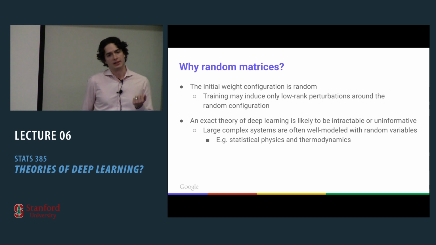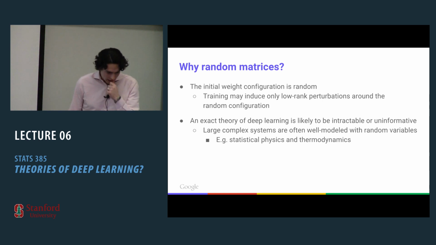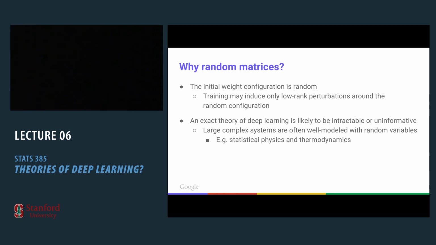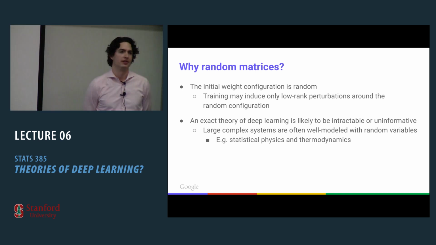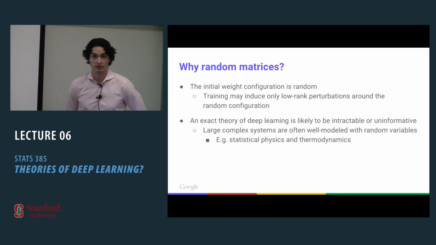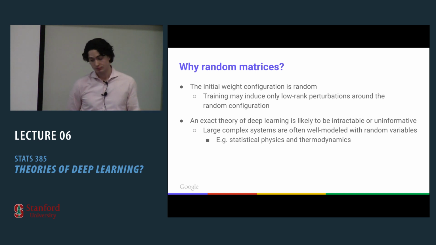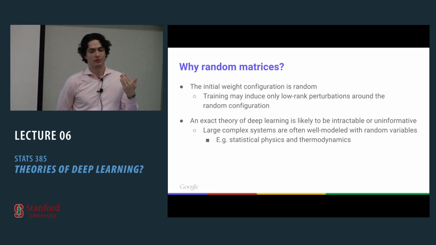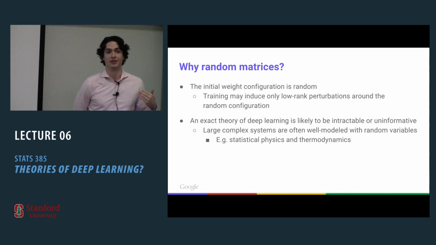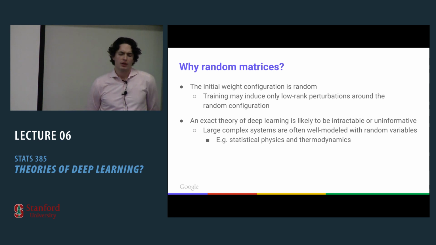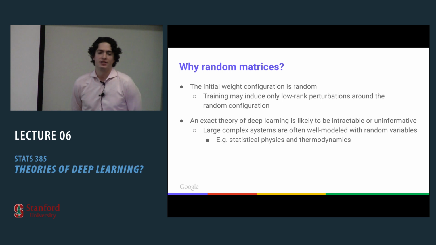Slightly more abstractly, I think that in our efforts to try to build an exact theory of deep learning, it's likely to be totally intractable and probably uninformative. And by exact, I mean some description of the learning dynamics of every parameter in the network, with some information about generalization, performance, etc., depending on those many, many parameters. I think a good analogy for this